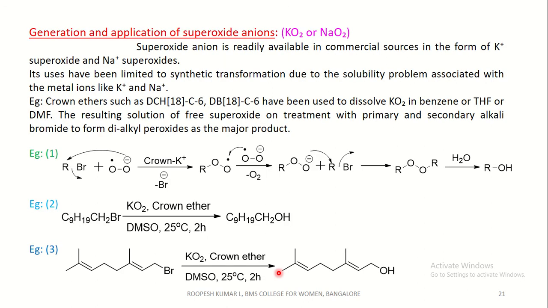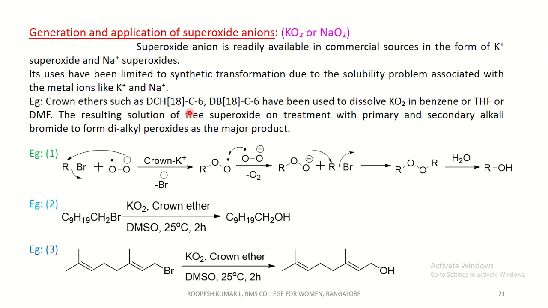Coming to the last part, generation and application of superoxide ions. This is a superoxide, potassium and sodium superoxide. Superoxide anion is readily available from commercial sources in the form of potassium superoxide and sodium superoxide. Its uses have been limited in synthetic transformations due to the solubility issues associated with the metal ions like K+ and Na+. Examples: crown ethers such as dicyclohexyl, I have abbreviated here but you should write it in full form,